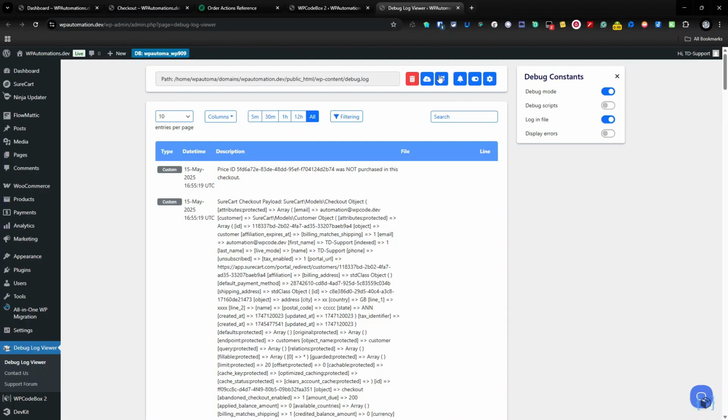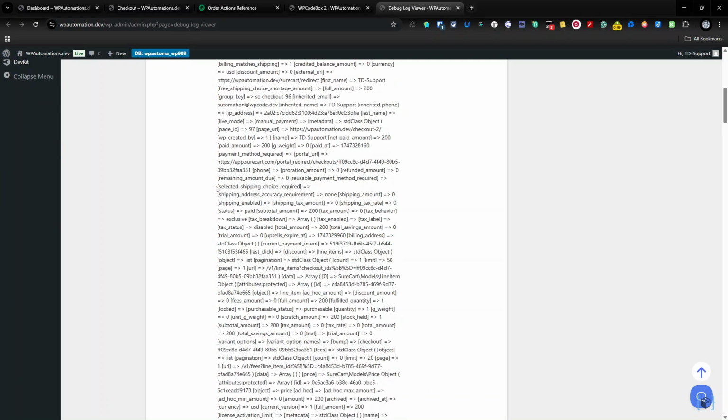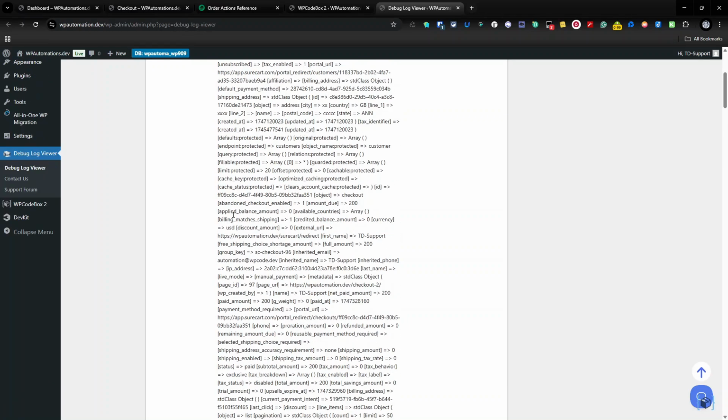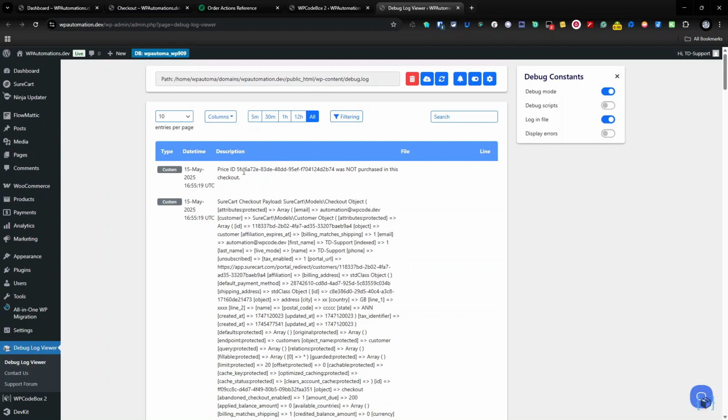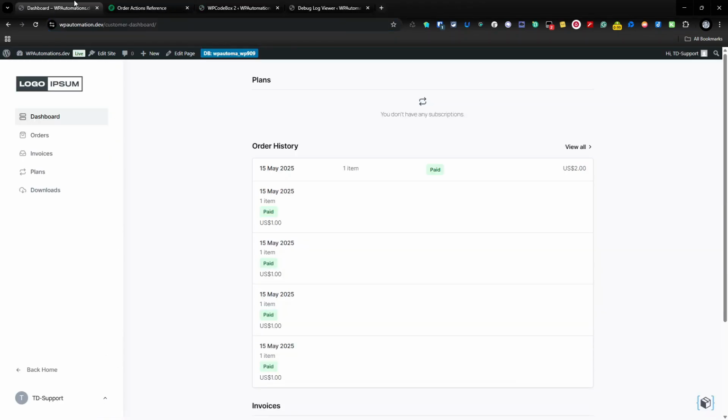So if I refresh this now, we get another payload, and we've used a different product, so it's got a different price ID. Price IDs are unique to prices within products, so they are never reused. So in this case, the price ID was not in the purchase, because we know it wasn't, because we did a totally different item. So now I'm going to go back again to the same item,